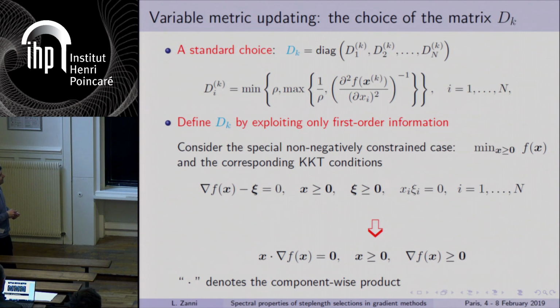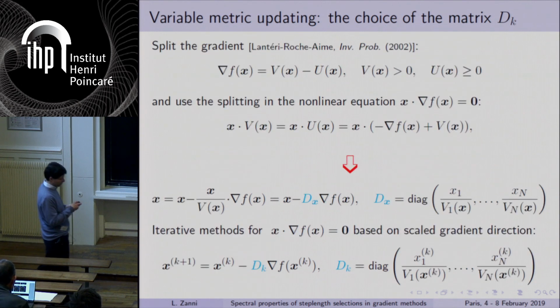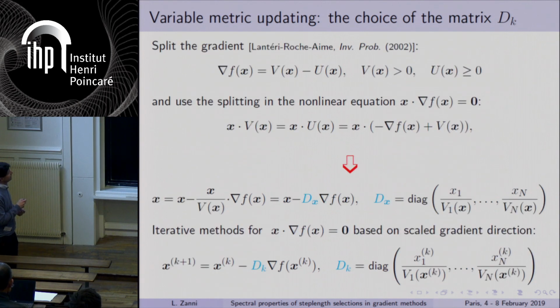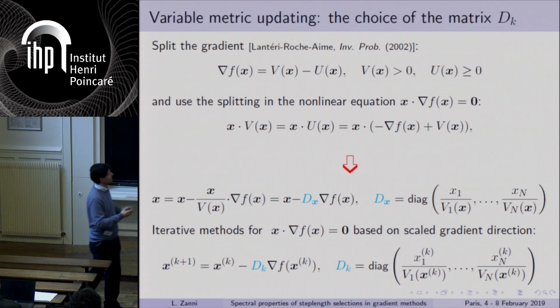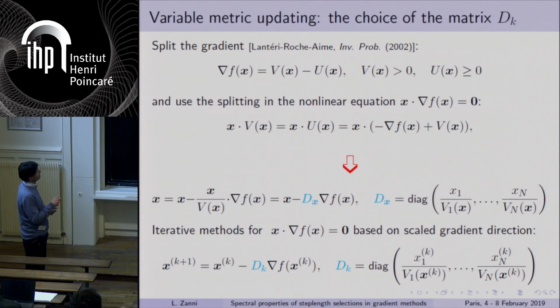In particular, look at the system of nonlinear equations given by the first KKT condition. Now, if you take a splitting of the gradient as the sum of its positive and negative part, and exploit this splitting within the system of nonlinear equations, you find that the KKT condition is a fixed point